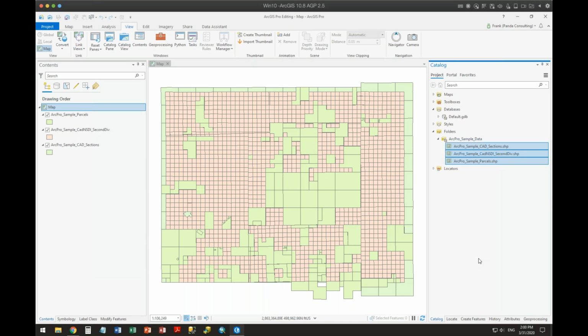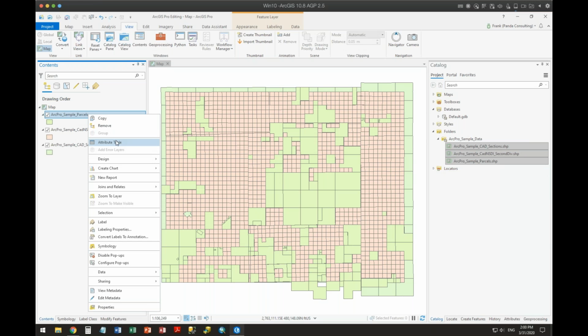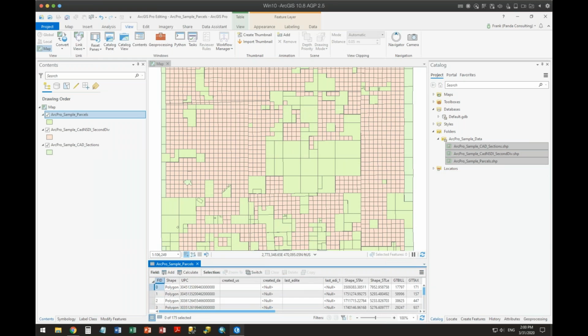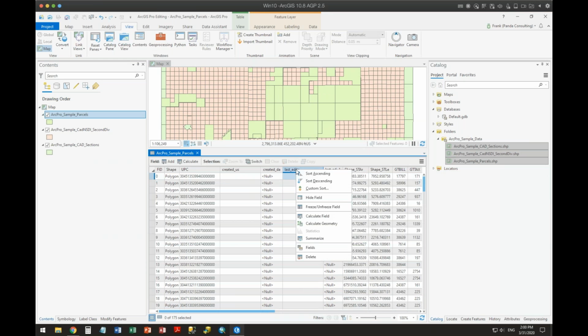It turns out that with ArcMap, and we'll get into another one of those differences between ArcMap and ArcGIS Pro, with ArcMap, ESRI embedded the code inside the interface elements, all right? Which meant that if I were to go and open up, for example, let's go to this sample parcels and right click and say, open up my attribute table. I would open up the attribute table, and then I could go in here and I could say, let's go and right click and say, calculate a field.